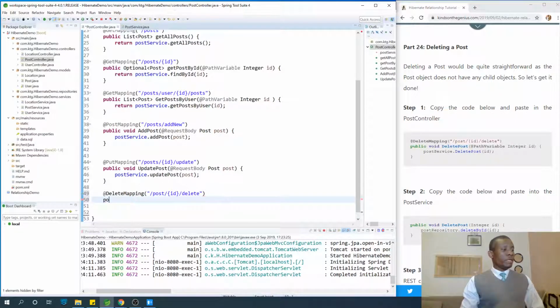And when you delete a post, nothing is returned, so it's going to be void, public void deletePost, and the ID of the post is the only thing we need to delete the post. We don't need any other thing. So the ID, JPA is going to help search out for this post and just delete it. Post, @PathVariable Integer id. Okay,